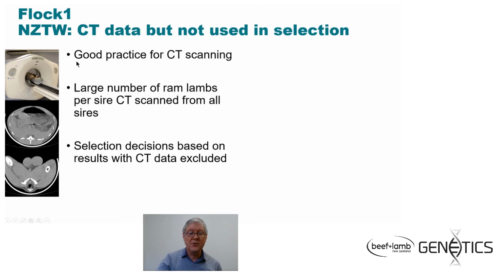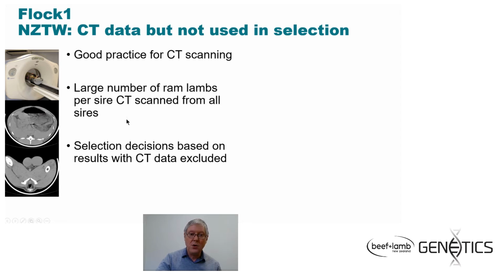So if we look at our first flock, this is the one where they've collected CT data and done quite a good job of that, but they haven't based any of their selection decisions on it. Looking at the structure of this flock, they've had what I would call very good practice for CT scanning. By that I mean that they have done a large number of ram lambs each year, and a good number per sire that they were using in their flock, and that they have CT scanned animals from all sires. And in addition to that,